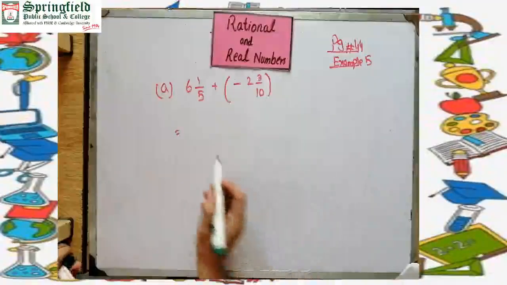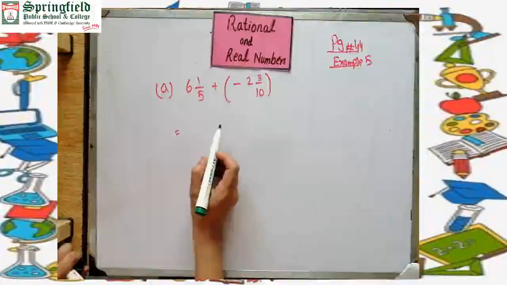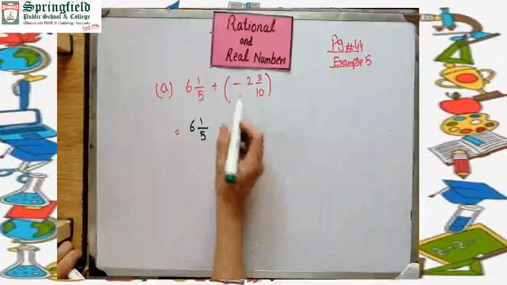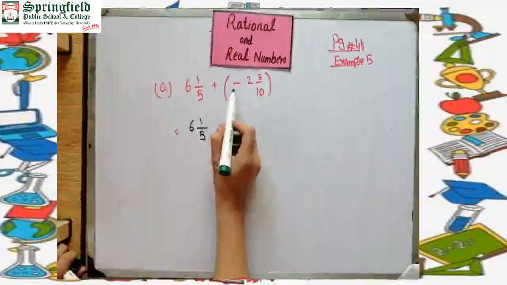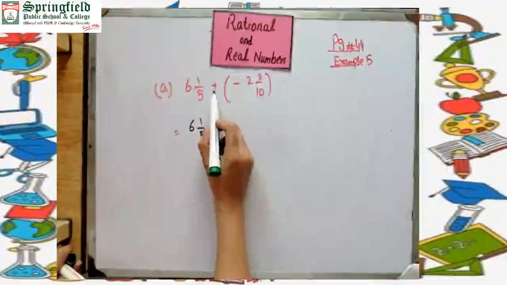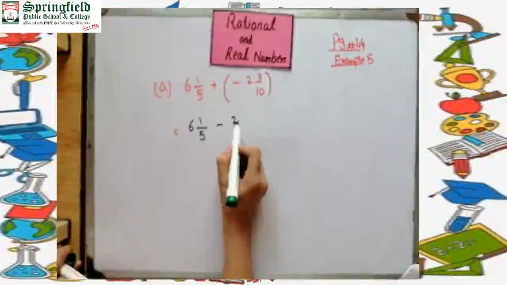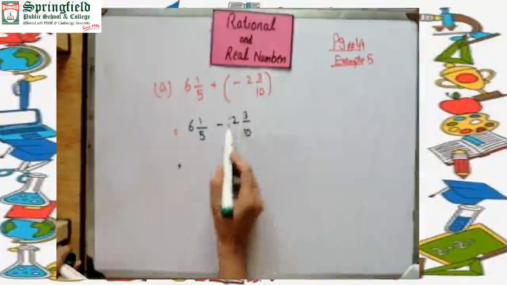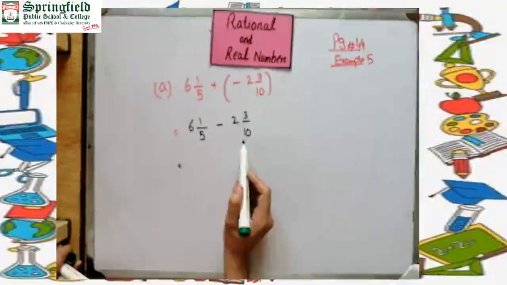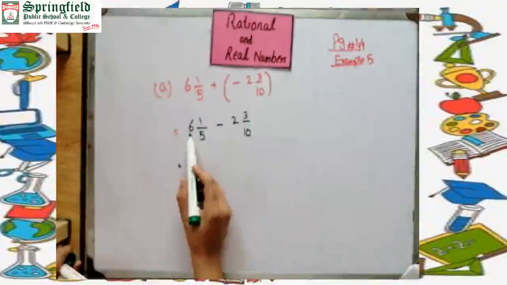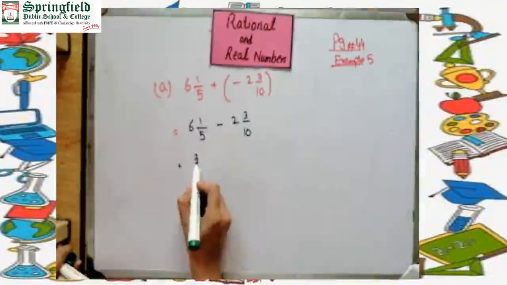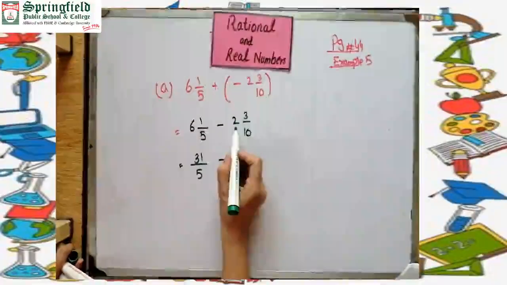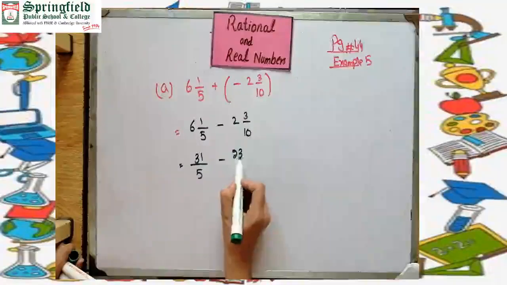How can we add? So beta, first we will open the bracket, 6 whole 1 by 5. When we open the bracket, the sign will multiply: minus times plus is minus, 2 whole 3 by 10. Now these are mixed numbers. Convert them into fraction form. So 6 5s are 30 plus 1, 31 divided by 5, minus 10 2s are 20 plus 3, 23 divided by 10.